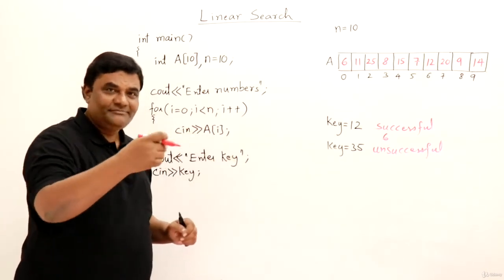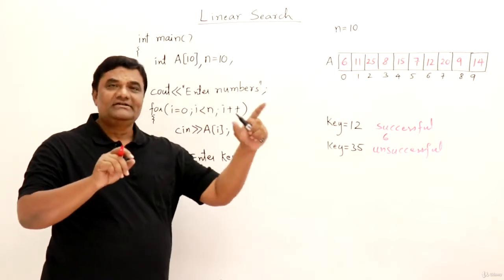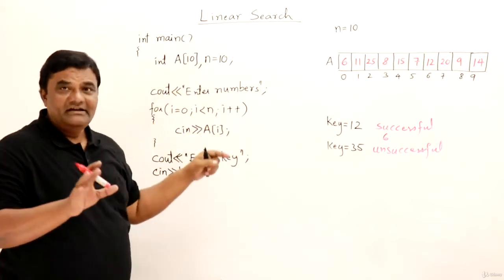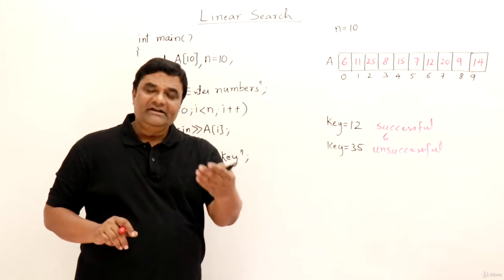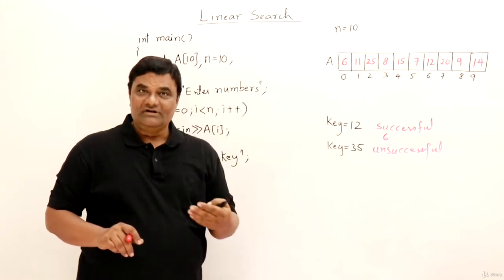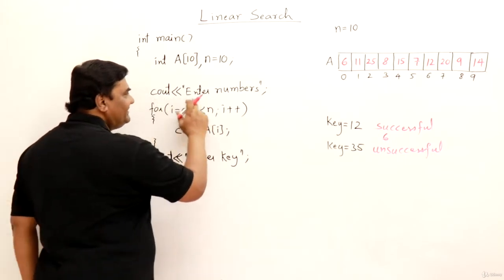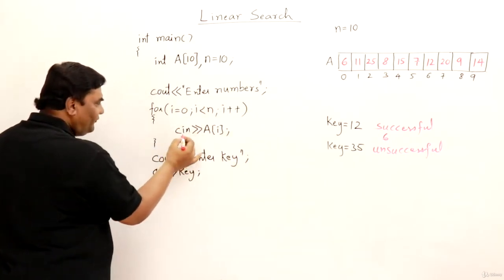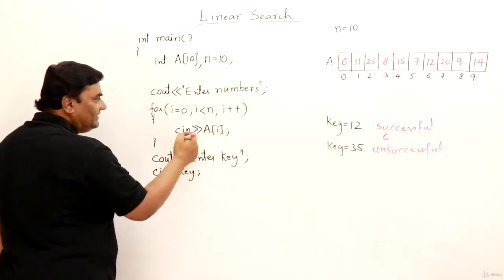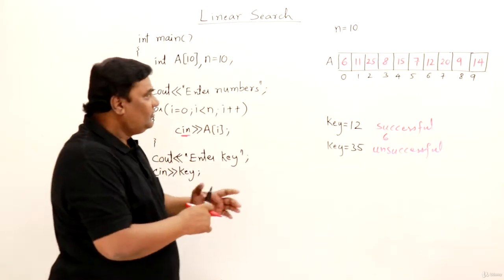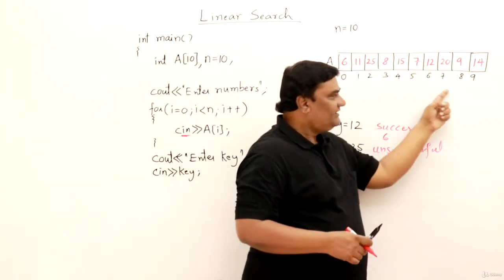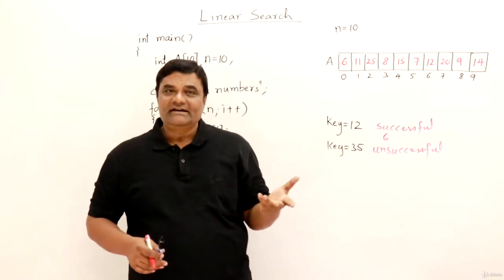In the previous programs, if you see, I was directly storing the elements. I was initializing the array. Here I am not initializing. I am taking all the elements from keyboard as input from the user. So for that, I have given a message, enter numbers. Now using for loop and cin, I am reading all the elements. So we know well how to scan all the locations of an array. Using for loop, you can scan all the locations.